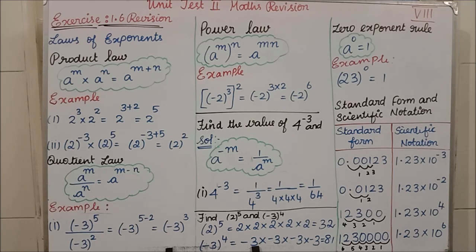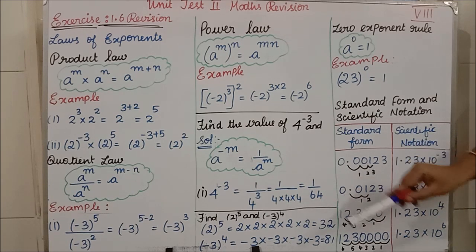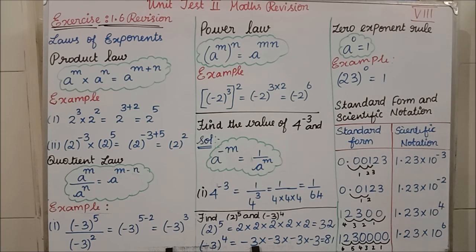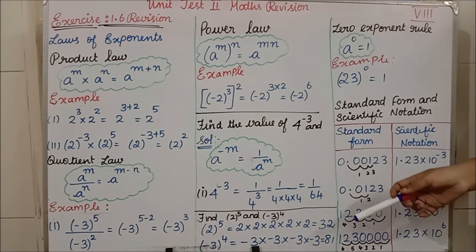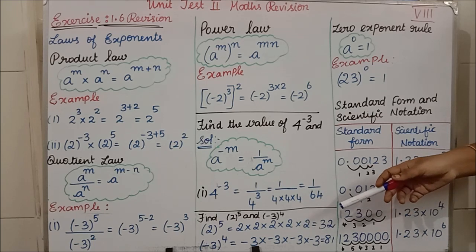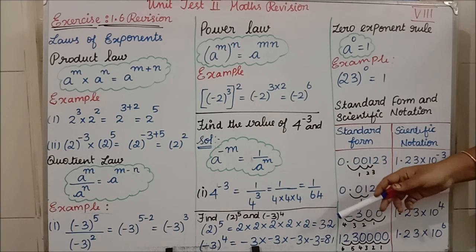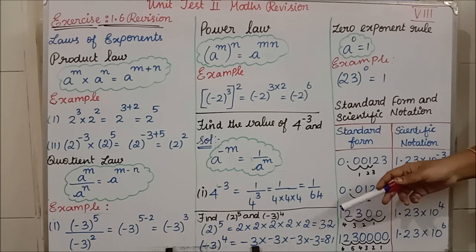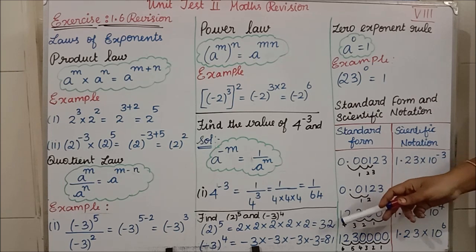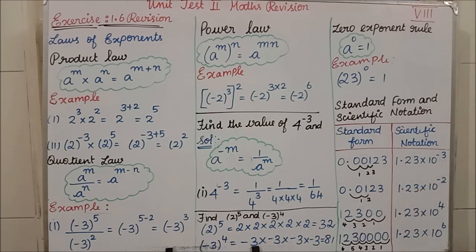Now you see the next: minus 3 the whole power 4. Is 4 an even number or an odd number? Yes, even number. So should the answer be positive or negative? You have to get it positive. Minus 3 into minus 3 is plus 9. Plus 9 into minus 3: 9 3s are 27, minus 27. Again minus 27 into minus 3 is plus 81. Clear all of you up to this?